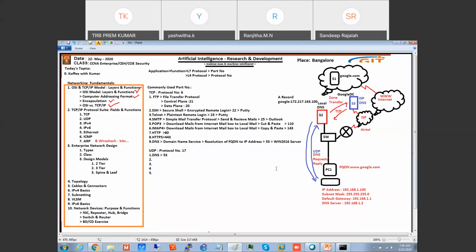Understood? Now for the zone transfer, we use TCP. For DNS request and reply, we use UDP. Is this clear, everyone? Where we use TCP, where we use UDP in DNS. Do you have any questions?